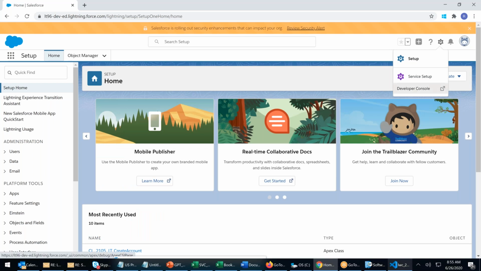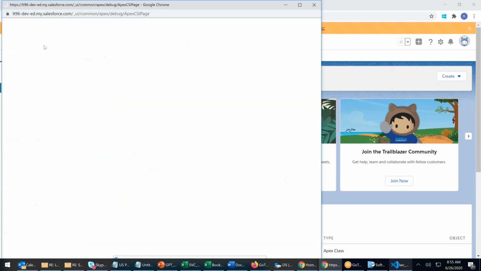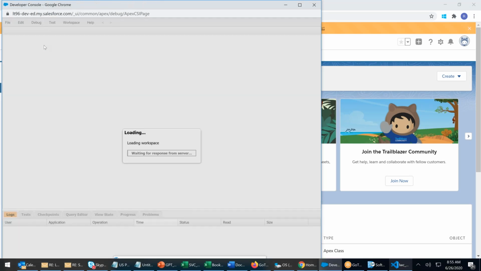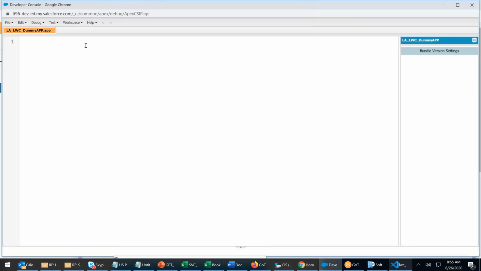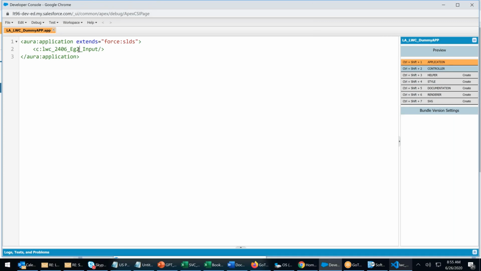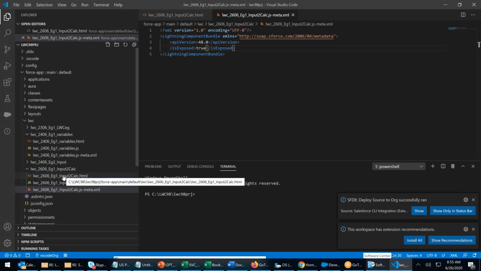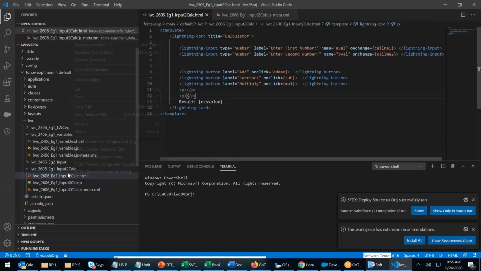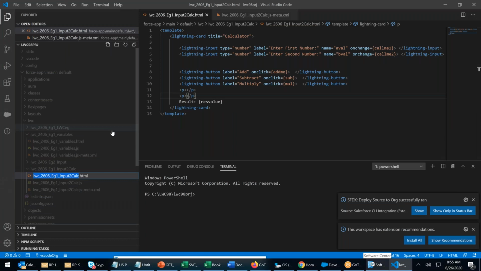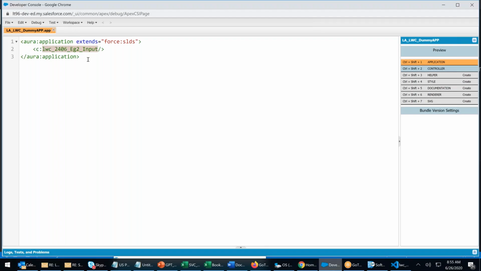I click on developer console. Right here, I will put my app name. Right click, rename, copy. I come to my developer console. I put it here. Control, click on preview. Let us see how it works.